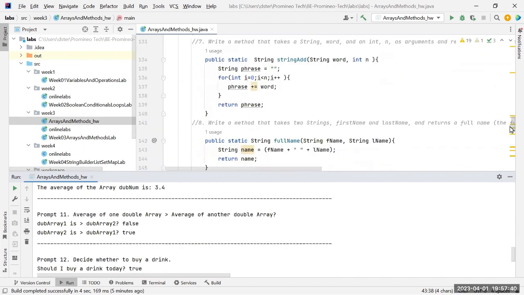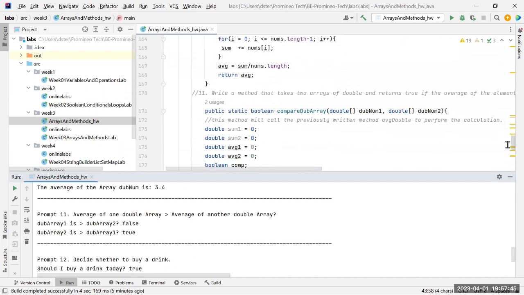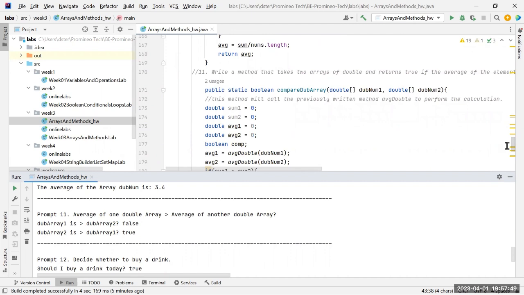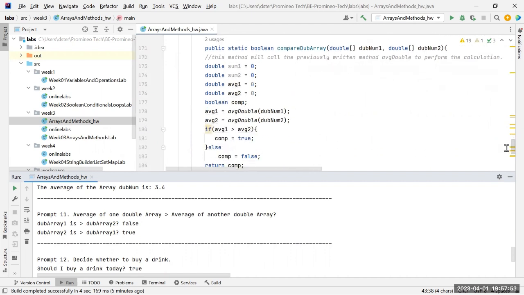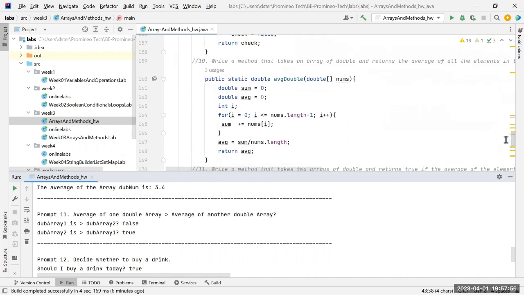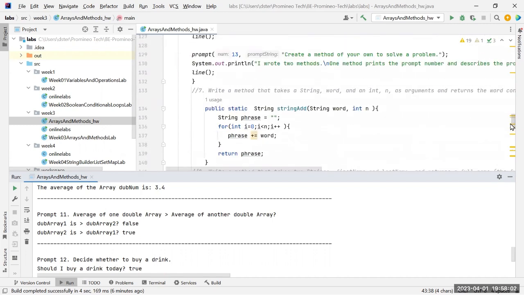And in that method, instead of writing the code to check the averages, I simply called the previous method that I wrote called average double. So this method calls another method, this one, 10, and then calculates the result, passes the Boolean back